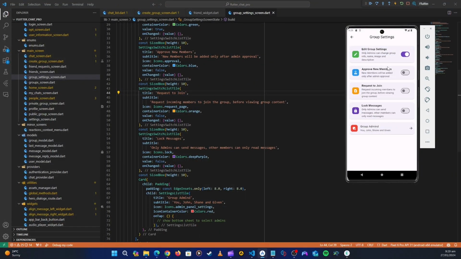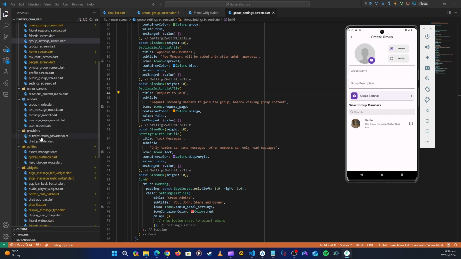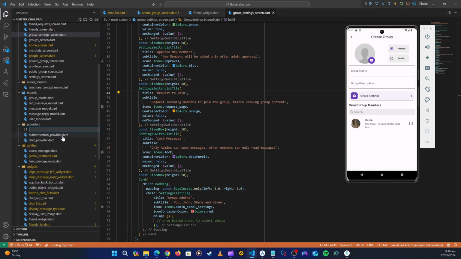Alright, now that we have a group settings screen, we also have a create group. Let's have a group model, the group provider, to handle all these settings here and also creating a group. Okay, so let's go on the providers here. Let's right click and then new file. So here let's have a group provider